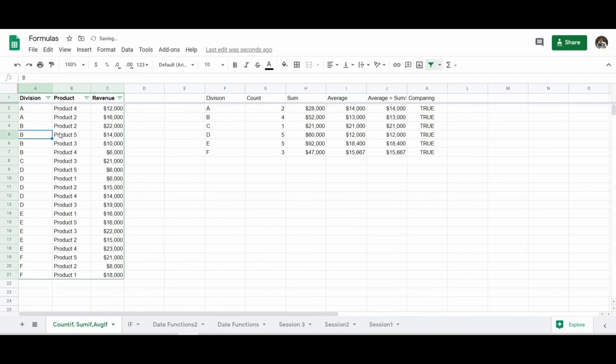Let us sort it so that it becomes easy to verify. How many records does B have? Let us see. B has 4 records, and in the formula also we have got 4. D has 5 records. We got 5 with the help of the formula also, and the sum and average also are matching.